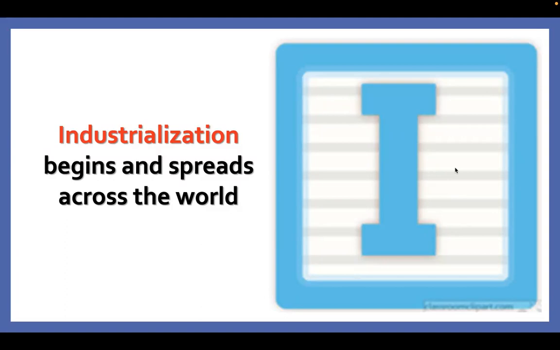Secondly, when we talk about the I, this is where industrialization takes place. As you know, industrialization is essentially adopting new sources of power, new technology, and new methods to the production of goods. This idea, which is very profitable for individuals, is going to begin in Britain, spread to the West, and eventually after 1850 spread across the world. And this is going to fundamentally change not only economic systems, but also cultural systems and social systems. But it does lead to some consequences.